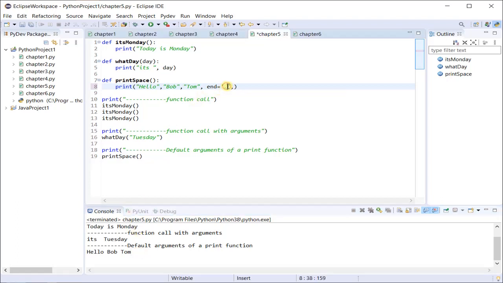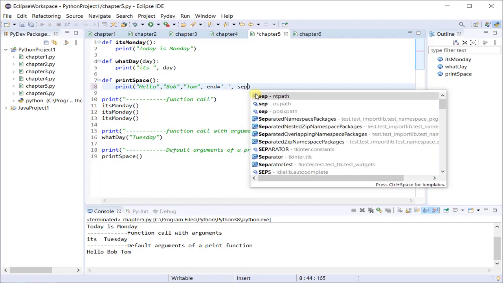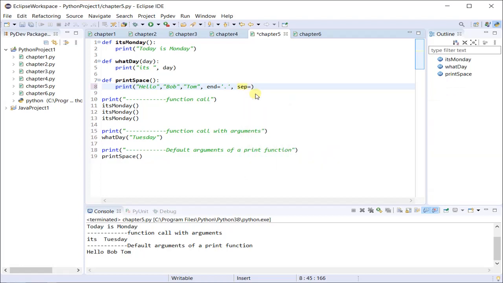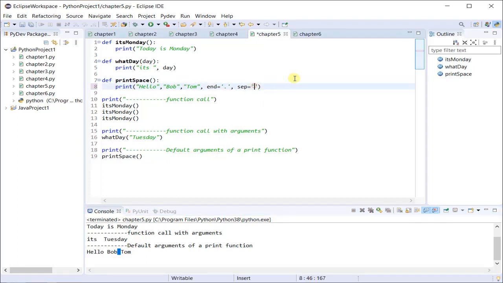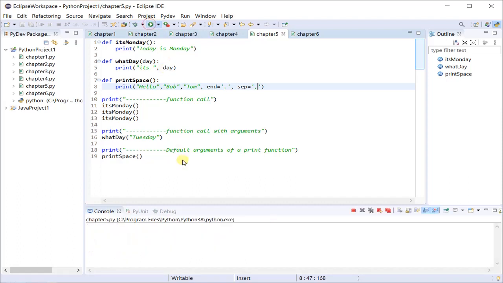But by default the end is a new line. The other input given to this print function is a separator. You see how Bob and Tom are printed, they have a space in between. Instead of a space, if I provide a comma, they can be printed with a comma as well.